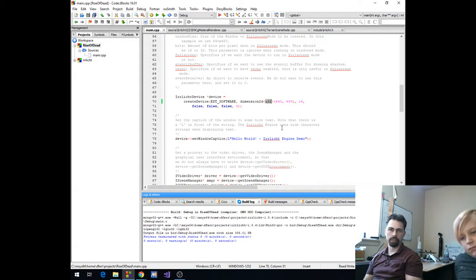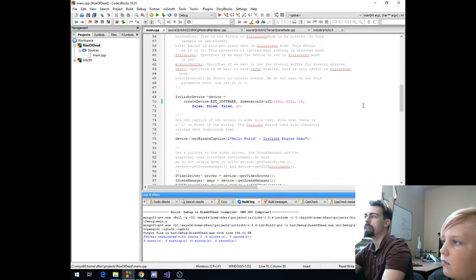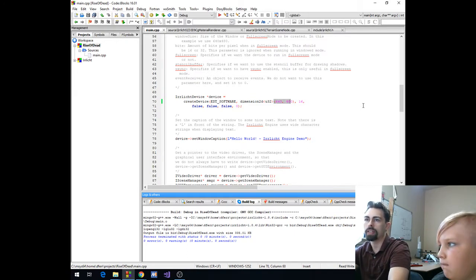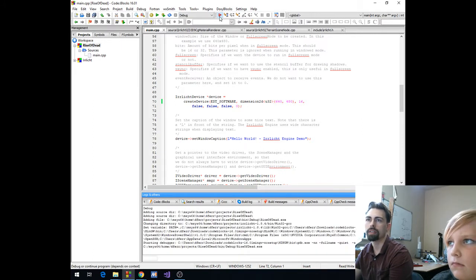So what I had to do there was, the project wizard in Code::Blocks was written for an older version of Irrlicht, and in the slightly newer version that I downloaded, they changed the window size dimensions from signed to unsigned integers so that you can't put negative numbers. This 640 by 480 is saying what the dimensions of the window will be when we open it up. So if I run this,